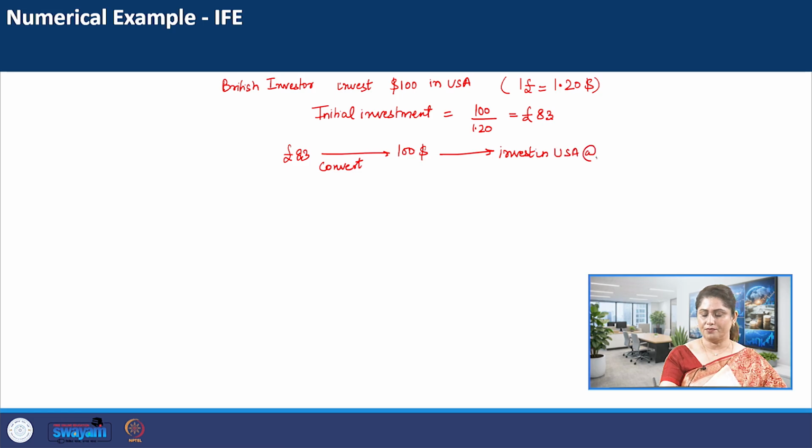at 10%, and this will give him 100 times 1.10. So the total amount that he is going to get while investing in USA is $110. Now this $110 will eventually be converted